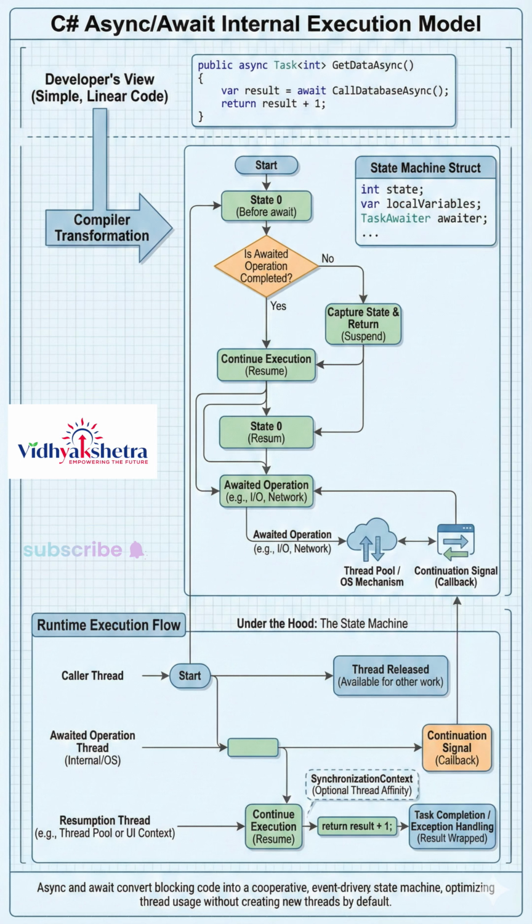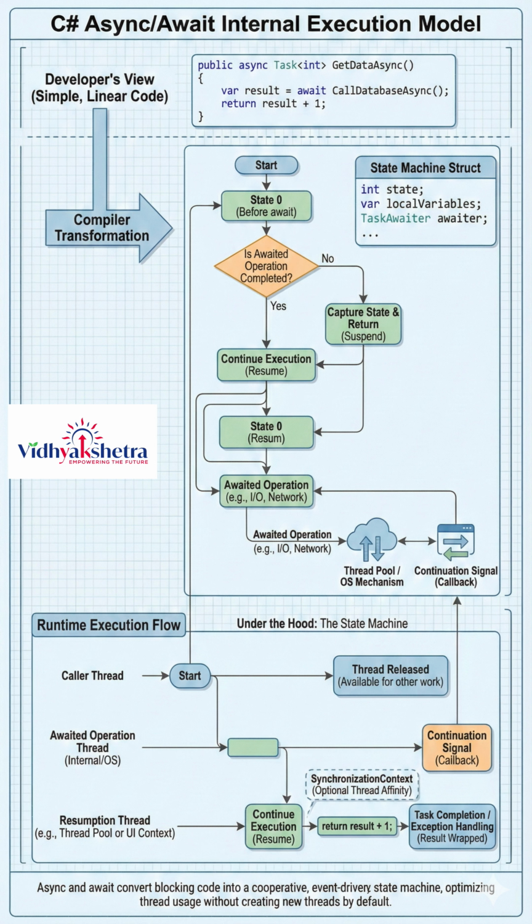When async and await are used in C#, the compiler and runtime work together to transform a seemingly sequential method into a highly efficient, non-blocking asynchronous operation. Although the code looks simple and linear to the developer, a significant amount of processing happens internally to ensure scalability and responsiveness. When the C# compiler encounters an async method, it does not execute the method differently at runtime by